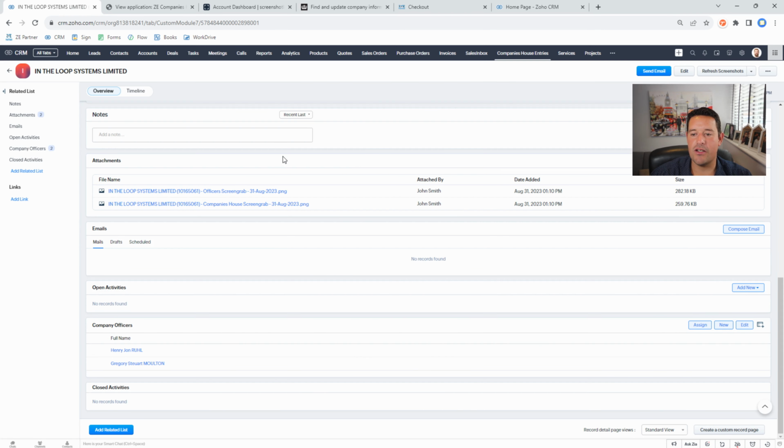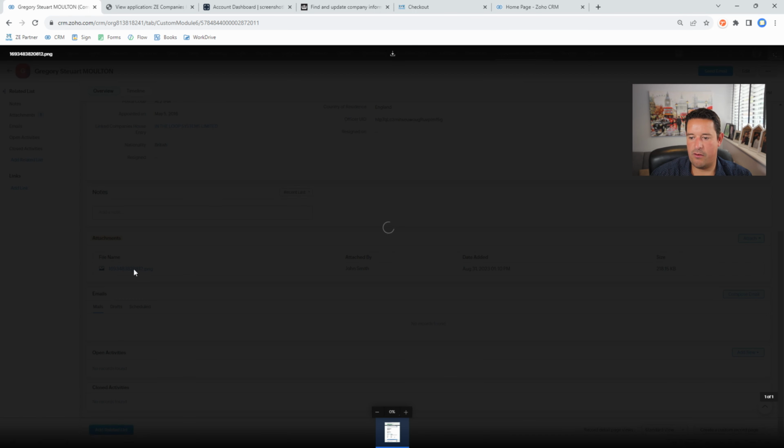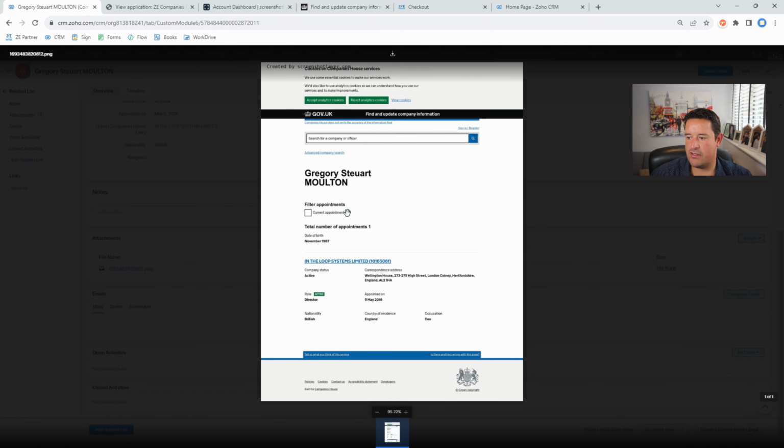So now what we want to do is we can look at the company offices. So here we can click on My Officer Listing. And we can see the attachments. And we can look here. And we can see My Other Listings. So if I had other companies that were listed under the same user on Company's House, they would all appear